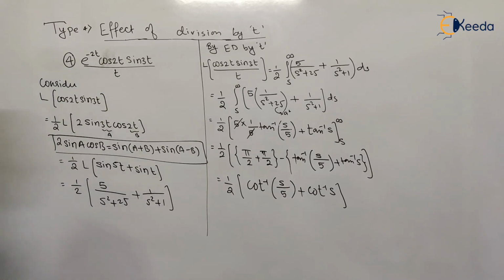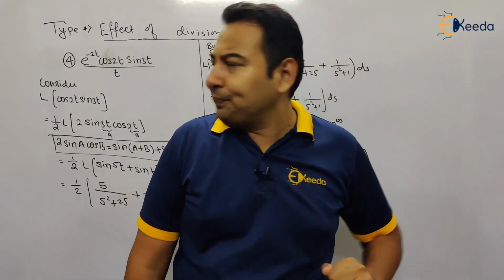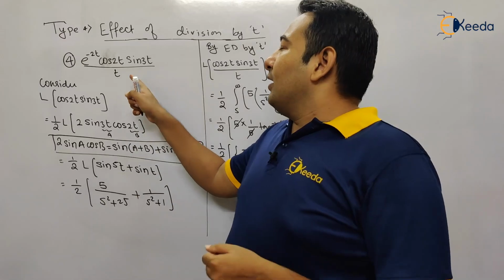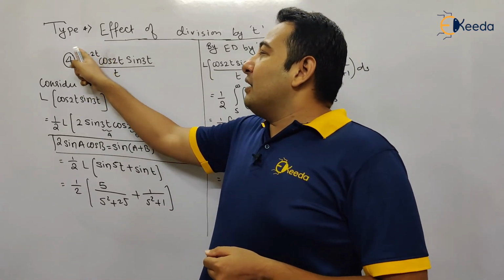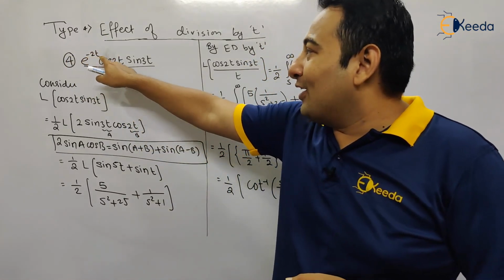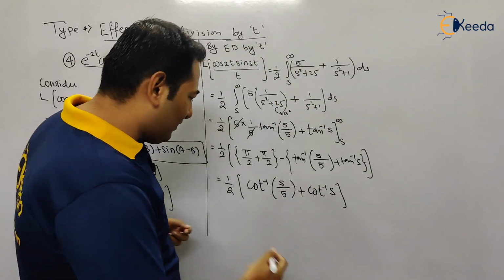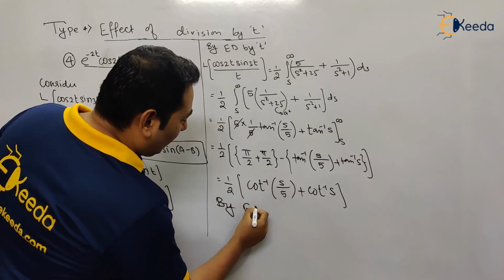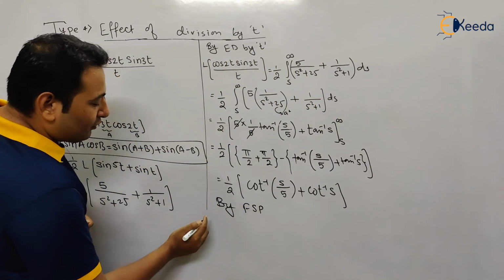Let us move on. Are we done with it or is there anything left? Let us check. Final finishing touch step, that is what? FSP. It's very simple. Let us apply. By FSP, Laplace of